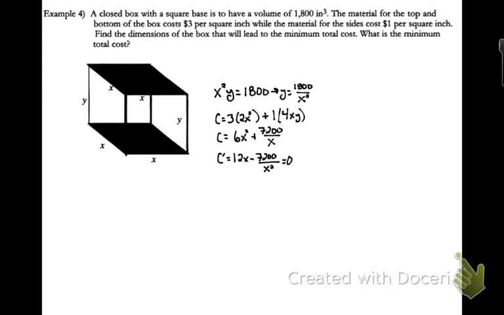The derivative equals 0 when 12x equals 7,200 over x squared, or when x cubed equals 600, or one side length of this box will be the cube root of 600,